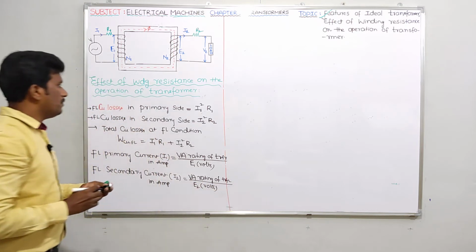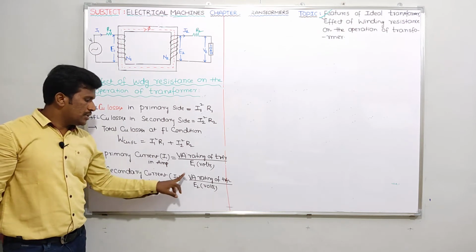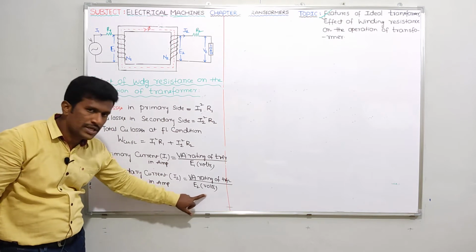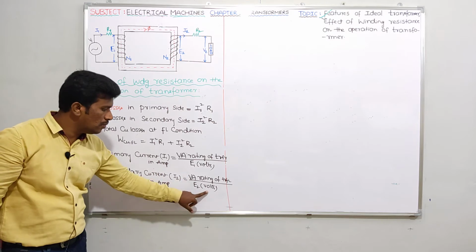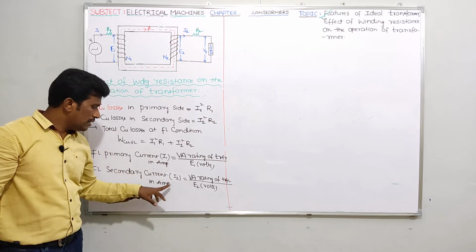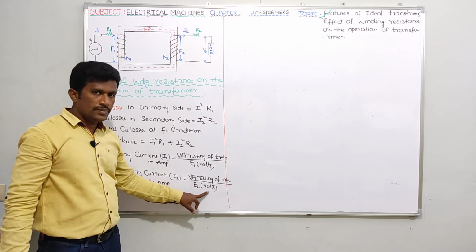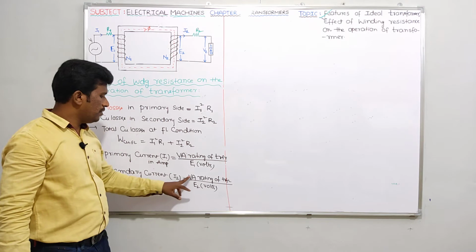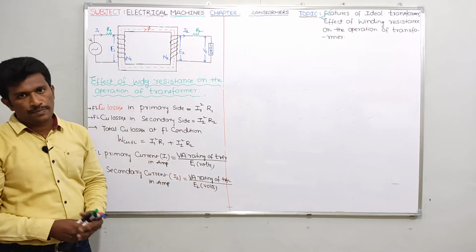See, you should be very careful with units. Suppose I take amperes here, here you should take VA, and here you should take volts. Don't substitute kilovolts here. Suppose you take kVA and kilovolts, that is okay, then you will get the answer in amperes. If you write VA here, you should take volts here. If you take kVA, take kV here. So simply VA rating of transformer by E2 in volts gives you I2 in amperes.